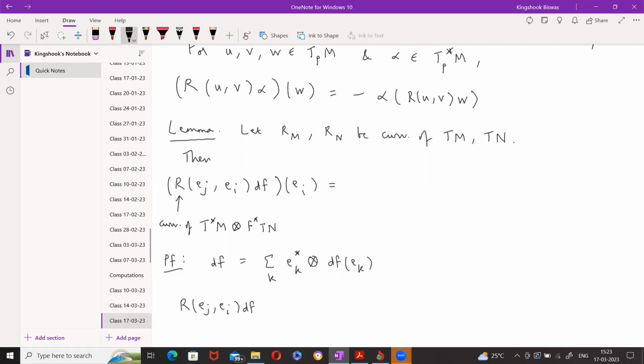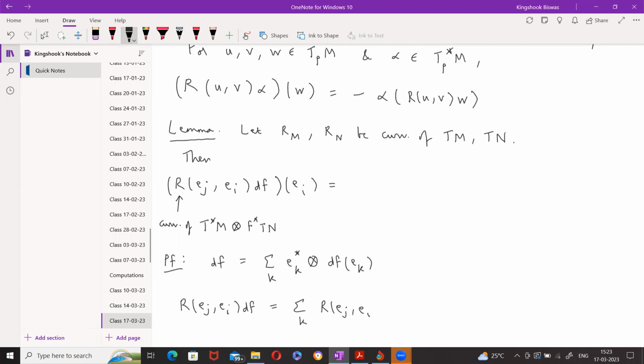Remember, the curvature of the tensor product bundle is the curvature of the first bundle tensor identity plus identity tensor curvature of the second bundle, right? Yes? So this is going to be sum over K R of